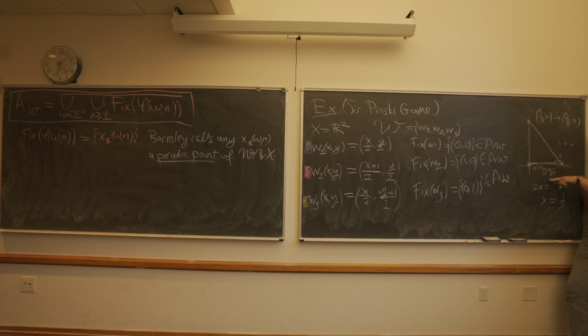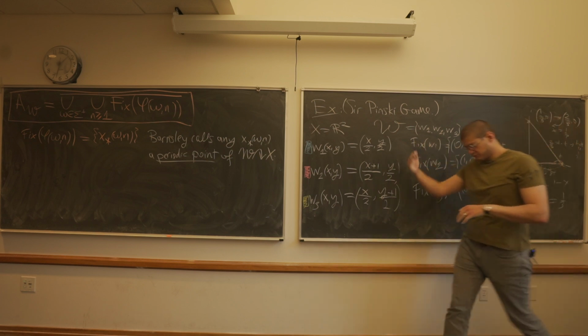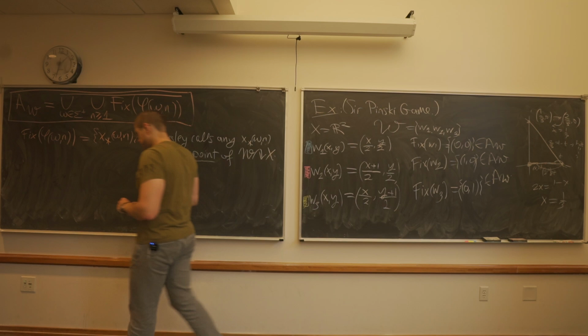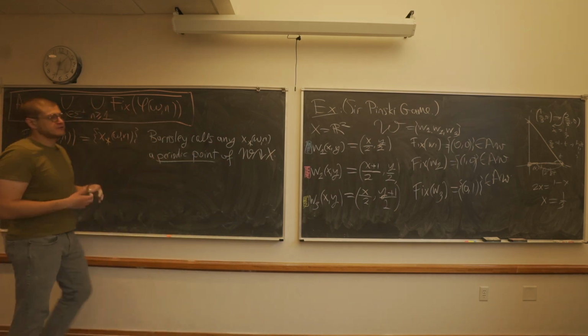to 1 minus 2t. Okay, so if this is 2/3, t is 1/3, which means that this expression is 1 minus 2/3, which is 1/3. This is what happens. So you can keep bouncing between the 2 things. So you get to win the Sierpinski game again. You can keep playing for infinite time, and you're never falling out of the triangle.